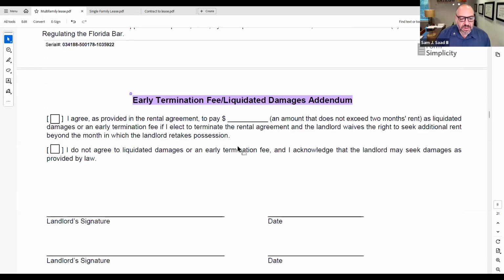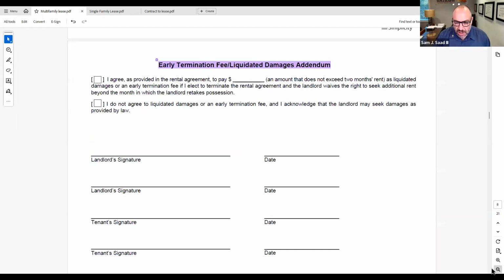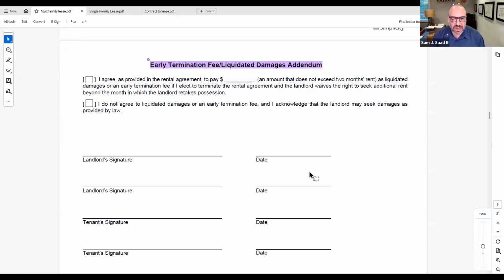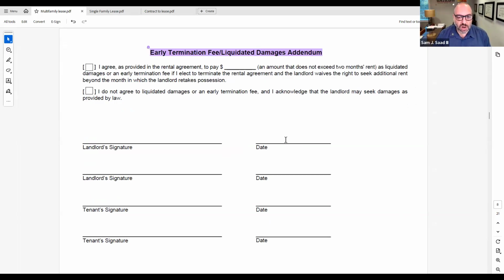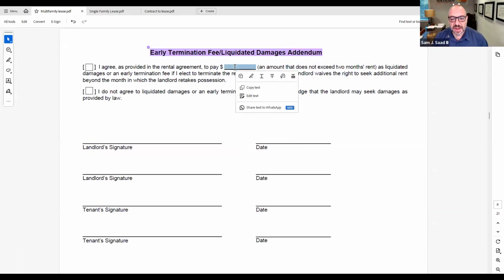Okay. Very important. I'm going to zoom out a little bit so you can see this a little better. Very important page. After the tenant and landlord have executed the lease, they may agree on an early termination fee if the tenant wants to get out early. So when you're signing the lease, this is a separate agreement. It's an addendum. It's an opportunity for the tenant to pay a fee not to exceed 2 months' rent and